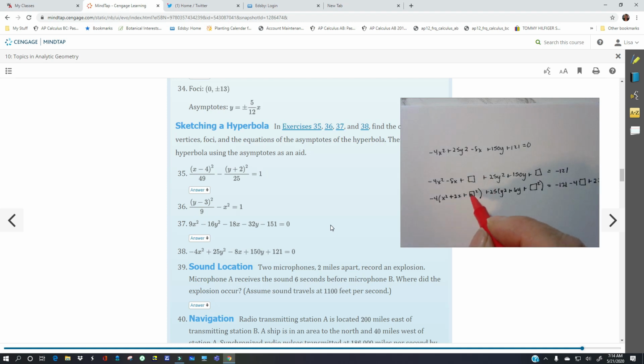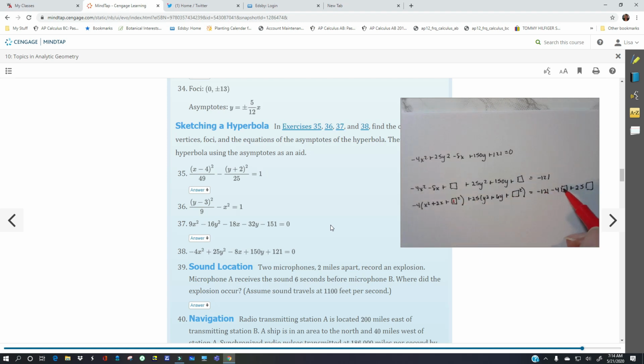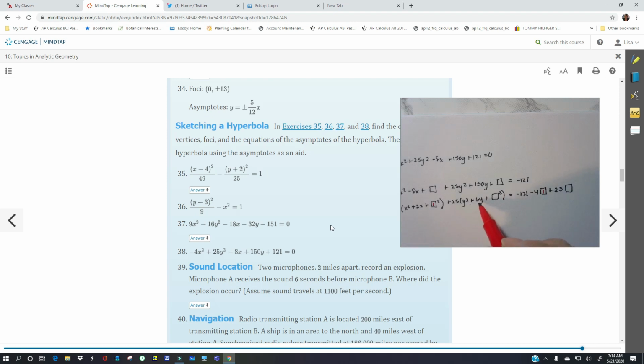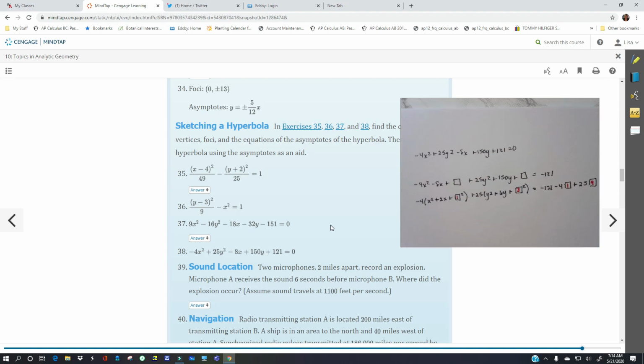Now let's complete the square. Half of 2 is 1. 1 squared is 1, so I'm putting the 1 there in my trinomial, and I'm putting a 1 here. In this one here containing y's, half of 6 is 3. 3 goes in the box here, and 3 squared is 9, so I'm going to put the 9 over there. So now I can rewrite this as negative 4 times (x plus 1) squared plus 25 times (y plus 3)